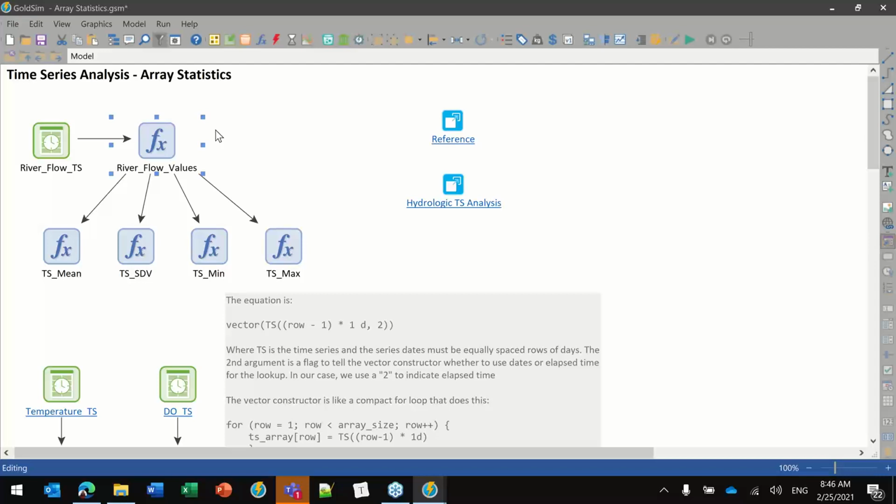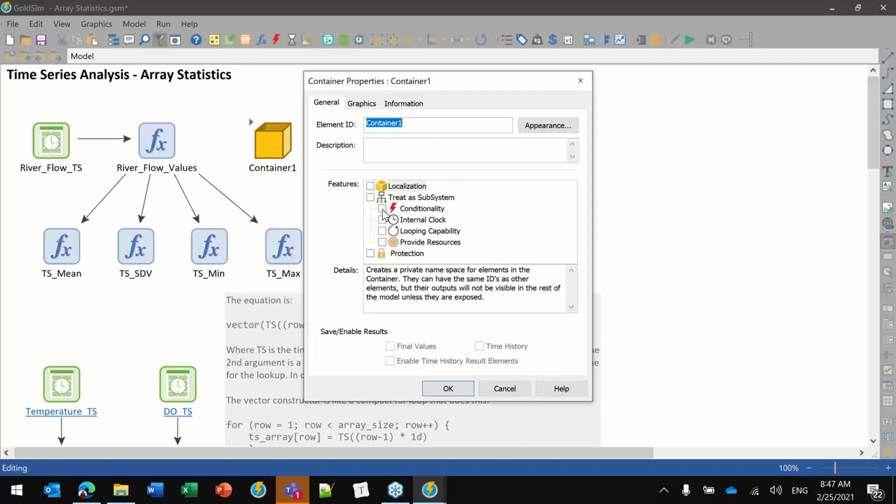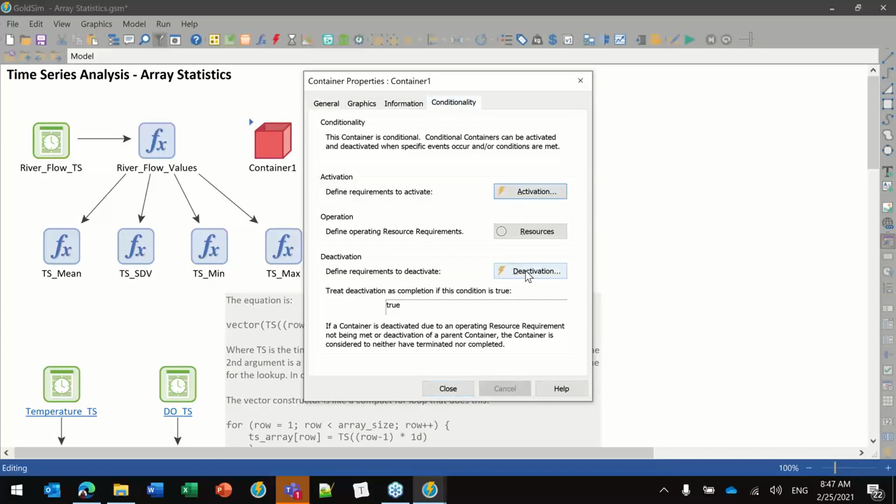There's no reason you'd ever want to repeat this for every time step because it's the same for every time step in the simulation. So one way to do that is to put this in a container that only activates at time 0, and then after that it doesn't anymore. Just FYI, to do that container, you would select conditionality of the container, and then you'd come over here and you would say